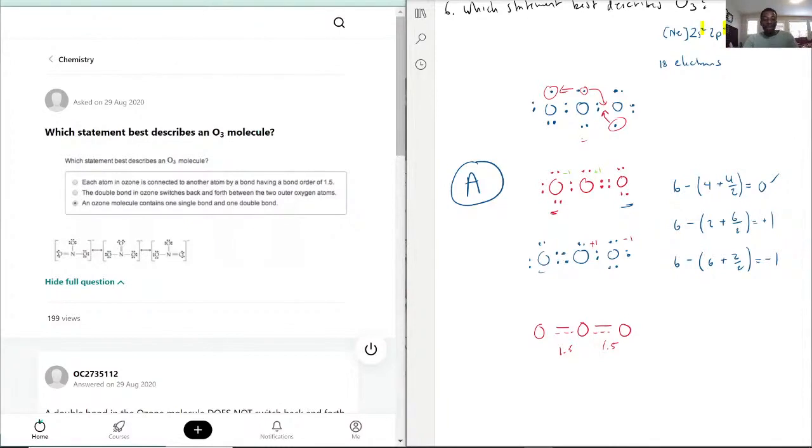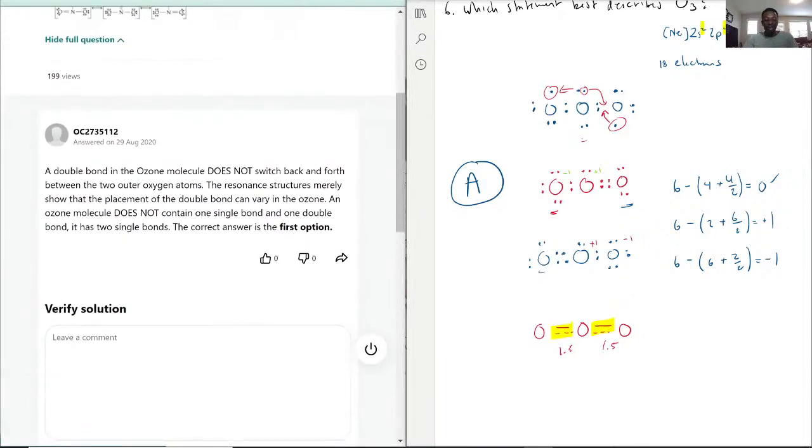And the last one, ozone molecule contains one single bond and one double bond. As you've seen here as well, that is not the case, okay? It's neither just a single and double bond, it's more like 1.5 bonds. So with that being said, the correct answer is the first one. It does not contain a single and double bond. It's kind of just a mixture, okay? It's more so 1.5 bond. So this is correct,